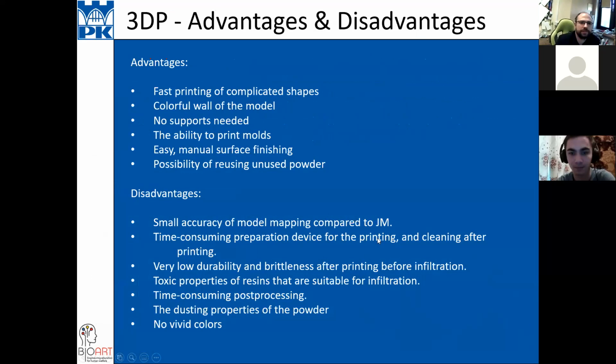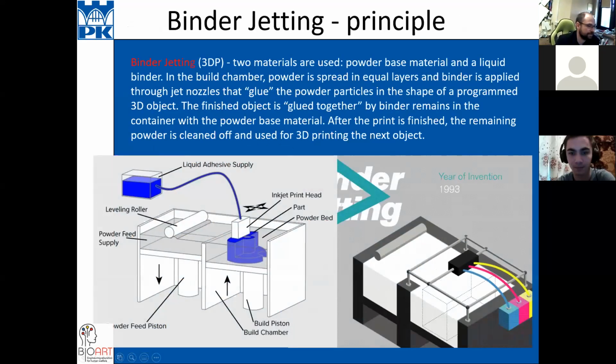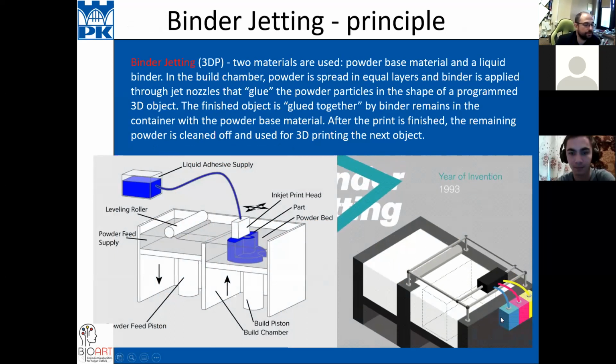And the advantage is that you can use different colors of glue. That's why you can get some colorful prints.